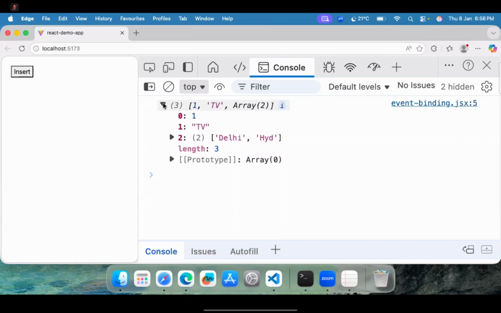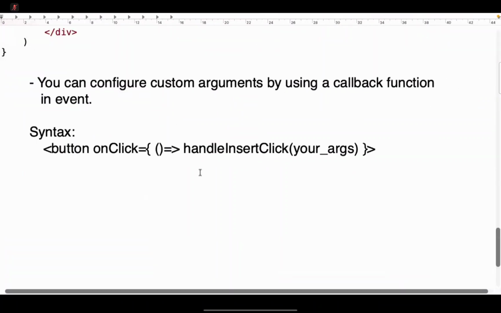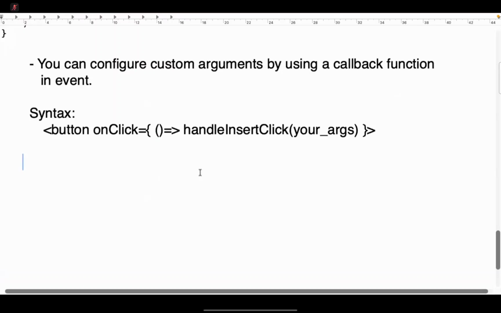Now the question asked in interview: how will you send both default and custom arguments? Here you can send only custom. If I remove this, then I can send only default. Then how can you send both default and custom arguments? If you want to send both, I will show you another point. You can send both default and custom arguments